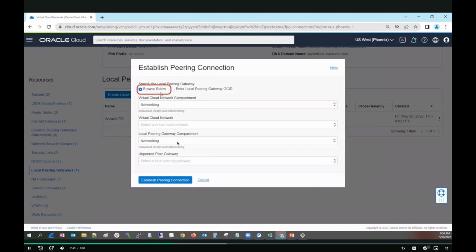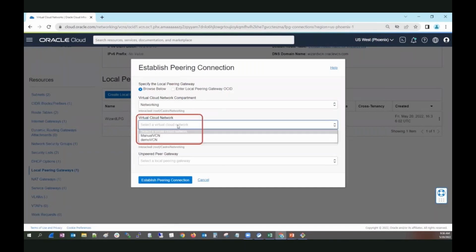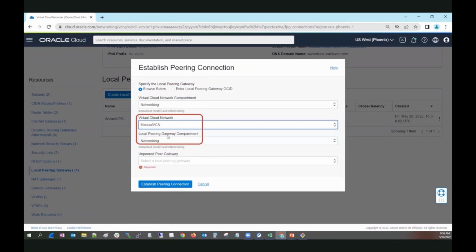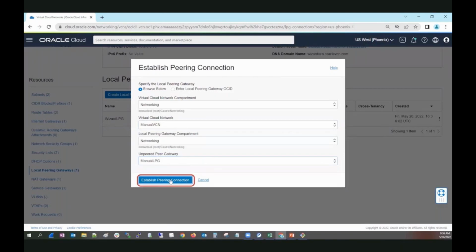Either you browse below for it, or you enter the local peering gateway OCID. And OCID, by the way, stands for Oracle Cloud Identifier. Every single resource has an OCID. So we are in the right compartment. Now let's select the virtual cloud network that we're going to be peering to. In this case, it's the manual VCN. The local peering gateway exists in the same compartment. Now we need to find it, and it's this one. And then you establish the peering connection,